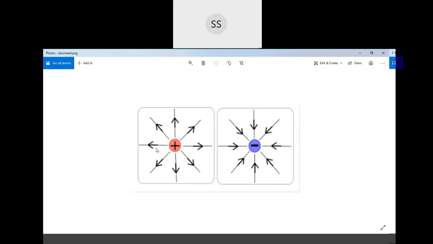A vector quantity is a quantity which has both magnitude and direction. Let me tell you one more thing. The intensity or the force is always higher at the nearest area. The nearest area around the charge is where the intensity or force is always highest. As the test charge goes away from the source charge, the intensity or force decreases. As it goes near the source charge, the intensity is higher. As it goes away from the source charge, intensity is lower.